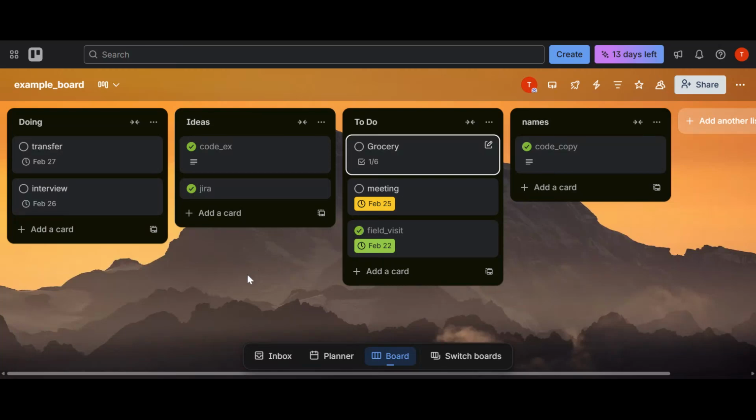In today's video, I'm going to show you exactly how to create checklists on Trello cards so you can organize tasks, track progress, and manage projects more efficiently. Whether you're using Trello for personal productivity, team collaboration, or client work, checklists are one of the most powerful features you can use inside a card. By the end of this video, you'll know how to add a checklist, customize it, add items, and track progress